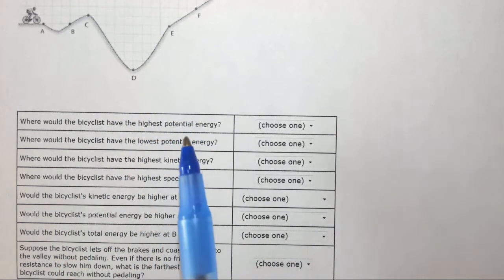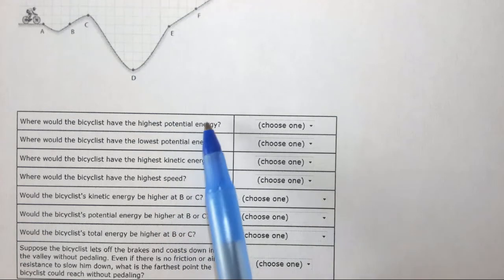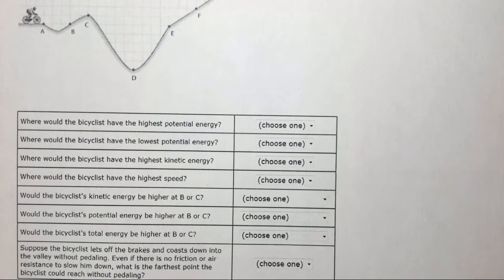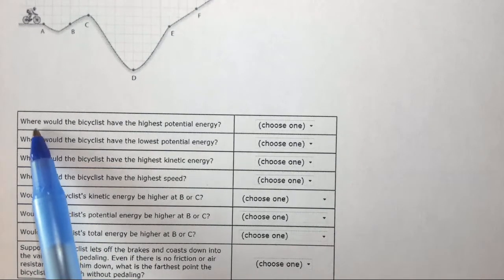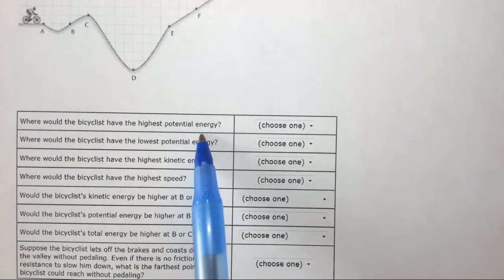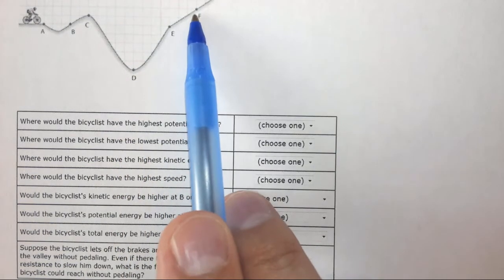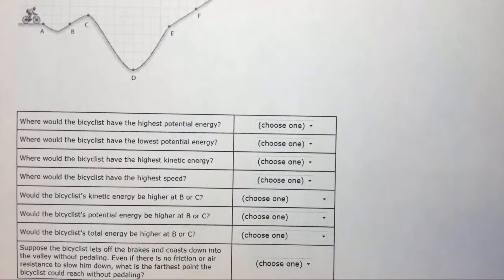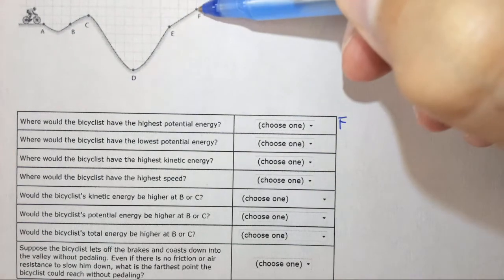Let's go through each of these questions and answer them in terms of something that may be more familiar to all of us, bicyclists riding a bike, as opposed to what's going on in a combustion reaction inside of a car engine. Where would the bicyclist have the highest potential energy? Well, that would be the point at which his altitude was the highest. So here, F is the highest altitude, so therefore this is the highest potential energy,